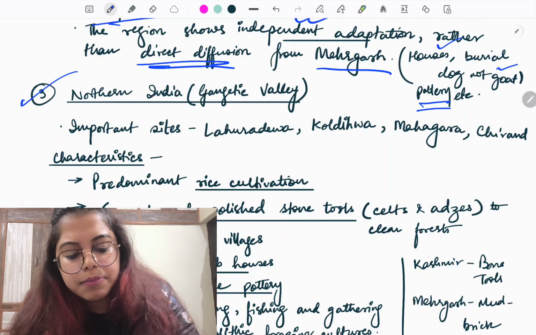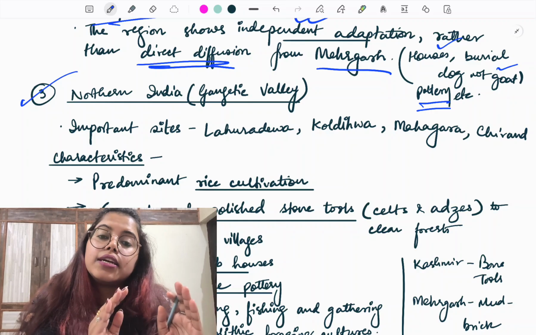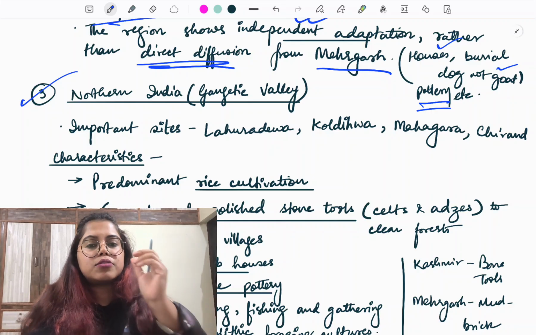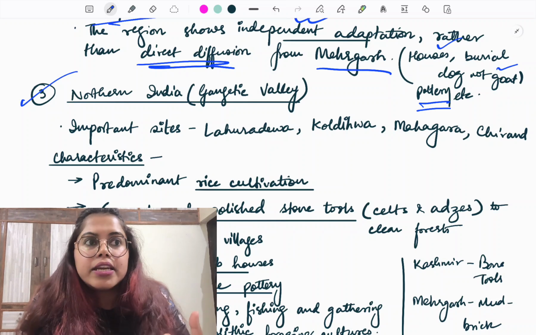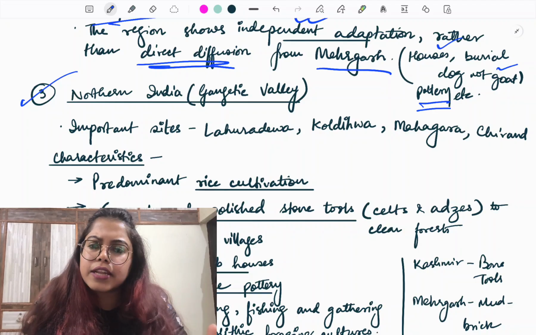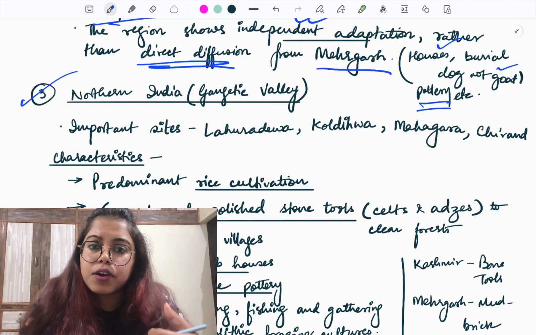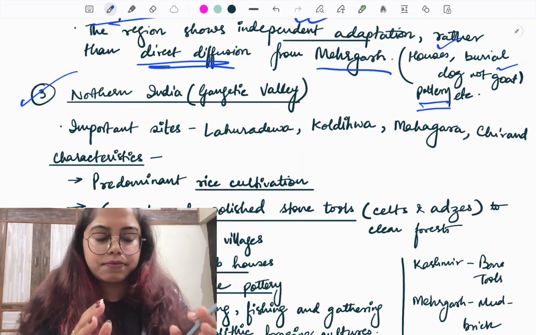Next we move to the next important region, that is northern India. Northern India में यहाँ पर हम बोल रहे हैं Gangetic Valley. Now when I talk about the Gangetic Valley, remember one thing: what kind of ecology is there in the Gangetic Valley? It is more of a riverine area, fertile alluvial soils, a lot of water sources, monsoon is there. So what will happen here is, understand something,